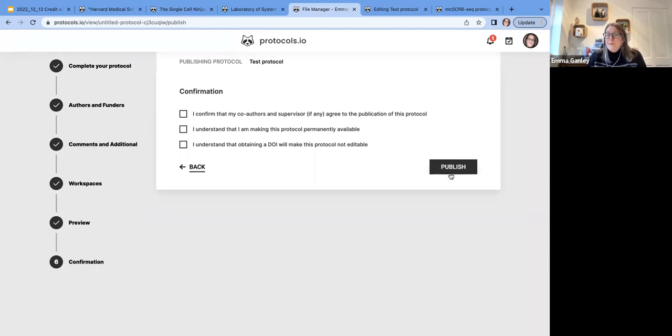That means that if you are somewhere with a license, the protocol would immediately get its DOI. If you're somewhere without a license, it would enter a screening process, very much like a preprint screening process, where we do not peer review, but we do just check that it's not spam or pseudoscience or something inappropriate to go up. Assuming none of those things, we just tick yes, accept, and it goes on to be published, and you'll get an email with the DOI in it. So it's a very, very simple process, as you can see, to get the DOI for your protocol.